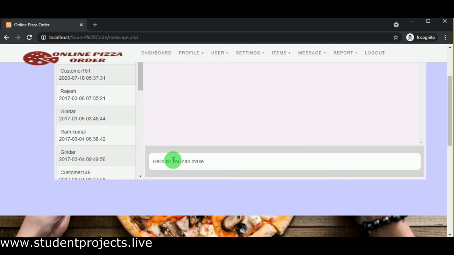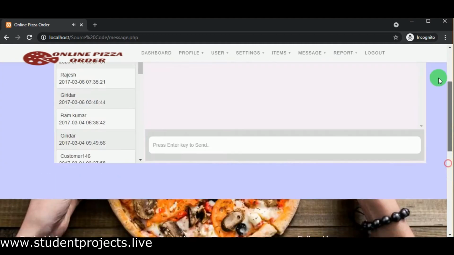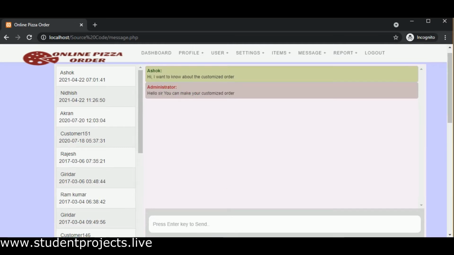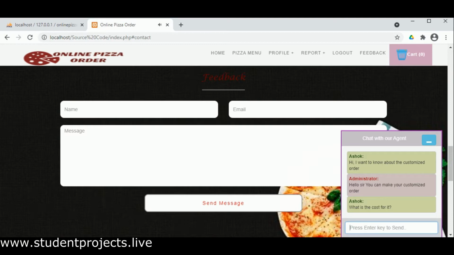This can be done by the admin as well as all the staff of the website, where they can reply to different queries of the customers. So here, once the customer sends the query, the admin will reply to the query, and now we can see that the admin has sent the reply. Let us see the window of the customer, where now we can see that the customer can also see the reply from the admin. The customer can continue the chat further, or he can also stop the chat here.